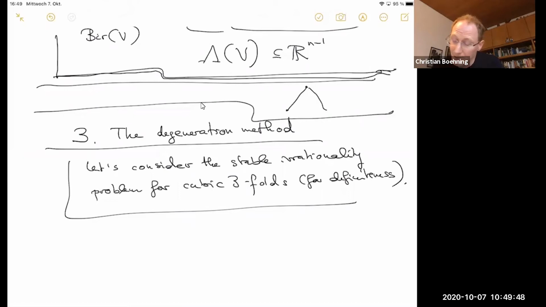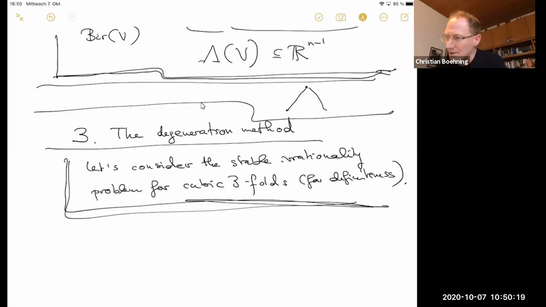in the central fiber that you can use to conclude stable irrationality of a very general fiber of the family, simply because you could also specialize nodal cubics that are rational to this central singular cubic, and then the same method would give the contradictory conclusion that a very general one of these nodal cubics would also have to be non-stably rational, which is nonsense. So certainly you cannot degenerate these cubics as cubics, but if you pass to some other types of birational models,